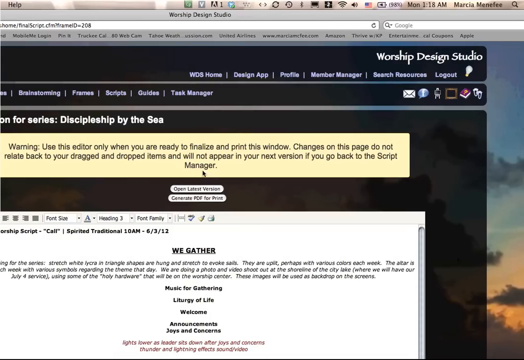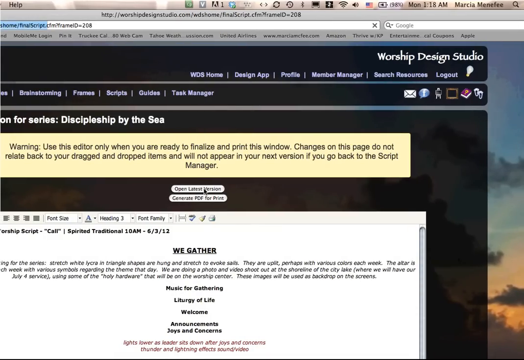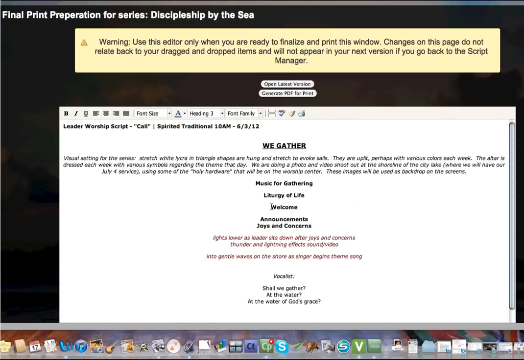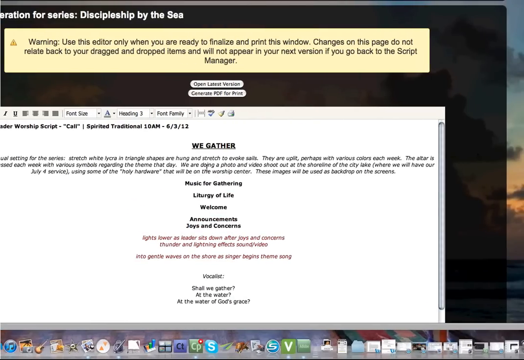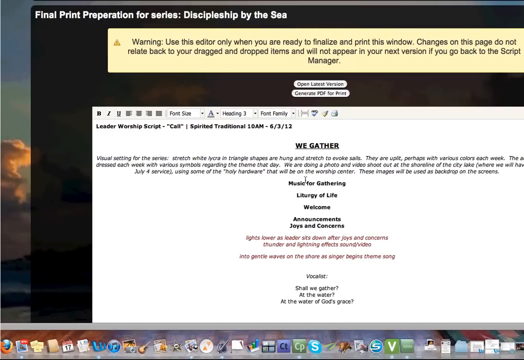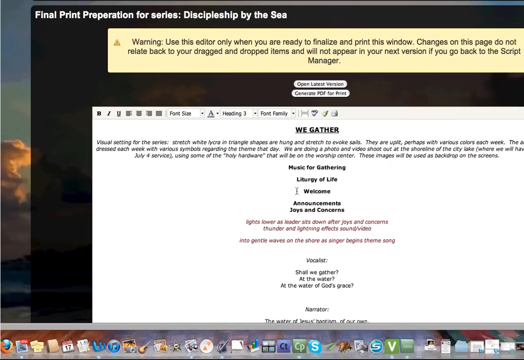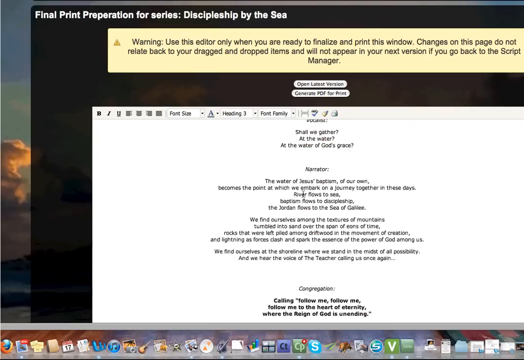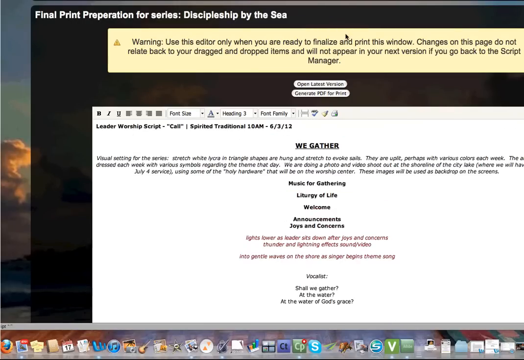So when you go back, open the latest version would be the latest one you saved. So I hope that makes sense. It's just a way for you to be able to control some of how the output looks when we go from the script builder to the script editor, and get ready to have this be something that leaders will use, that will be in a notebook